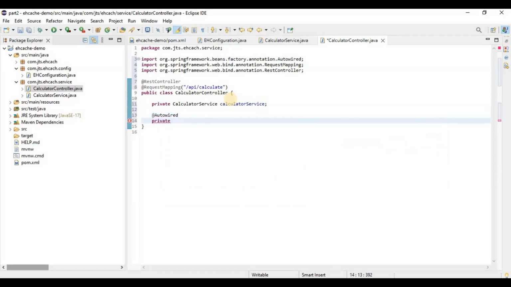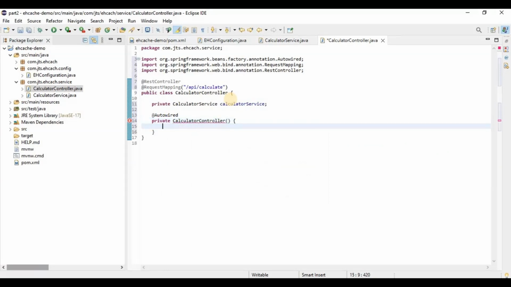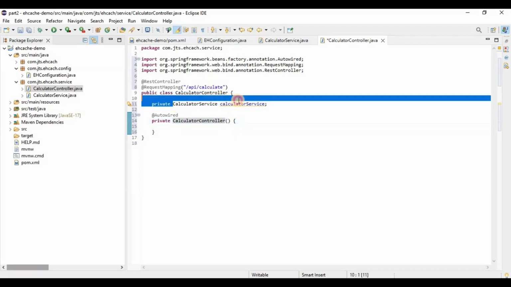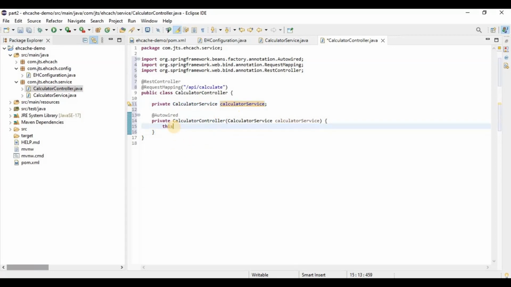Private calculator controller, and here we are going to pass this. This dot service equal to service. So as an autowired constructor injection we did it over here. Next we are going to create one API which will return us the area of a square. It will be a kind of GetMapping. So public void